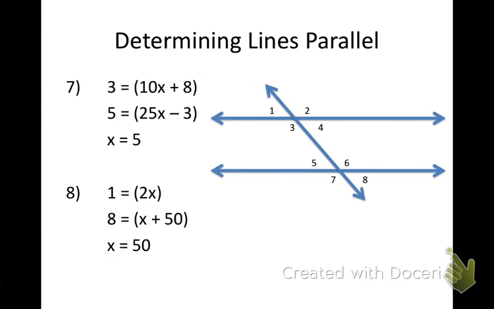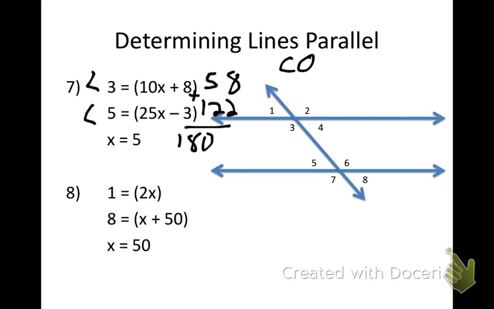Try these two. All right, number 7 here. What does angle 3 come out to equal, Troy? 58. What does angle 5 come out to be, Camden? 122. And those two add up to get us what type of angles then? Same side interior. 180. So those are the converse